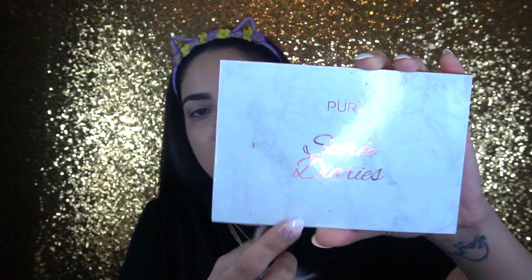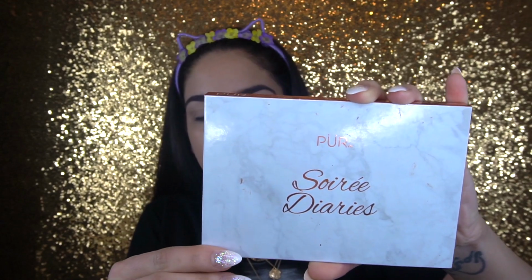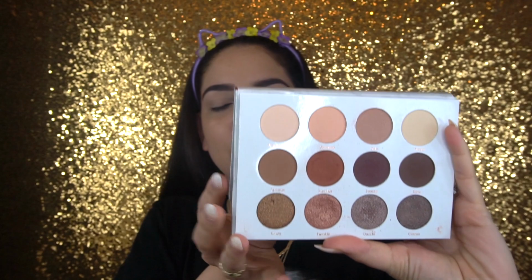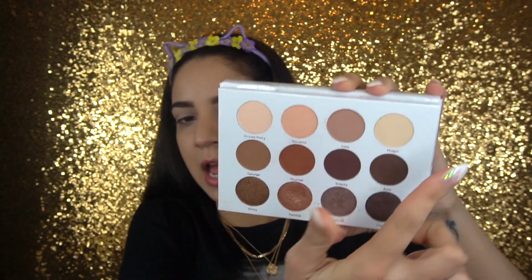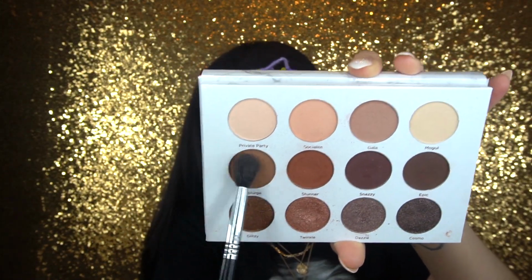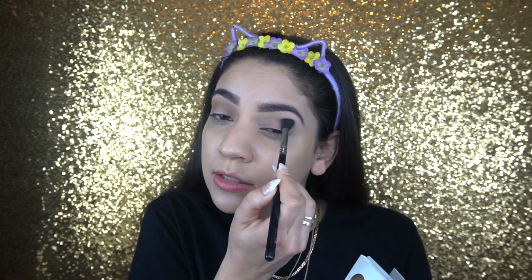I did the brows, they're nice and clean. I'm gonna go in with the eyes now, and I'm using this palette by Pure Cosmetics, and this is the Story Diaries. It's a nice neutral palette, has nice browns and neutral tones, some nice shimmers down here, with this color for the transition, and that's gonna go on the crease area. And I really like this palette. It's been my go-to ever since I got it